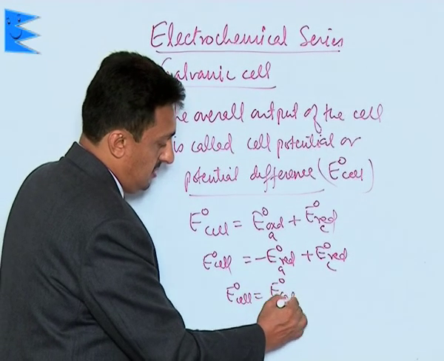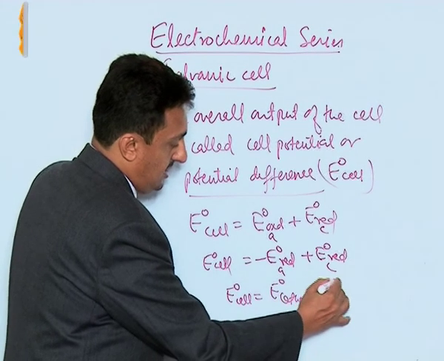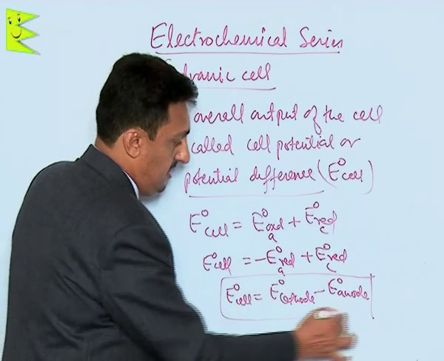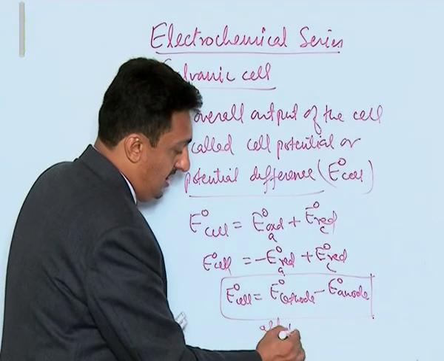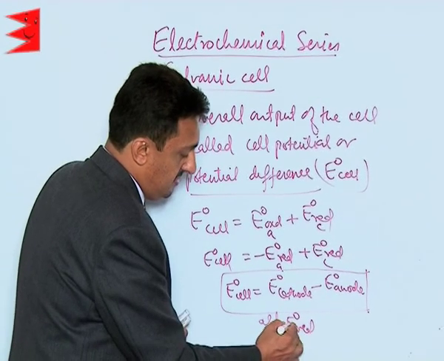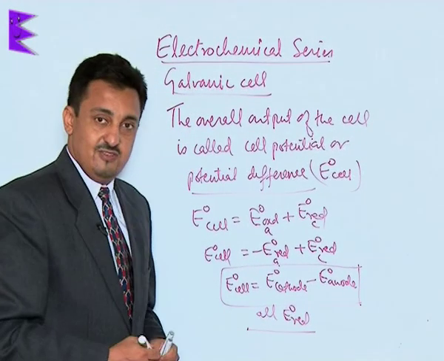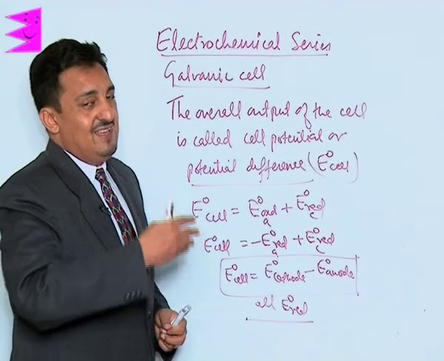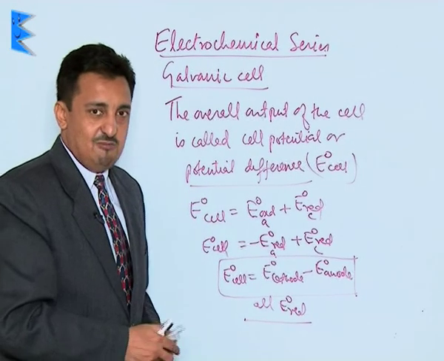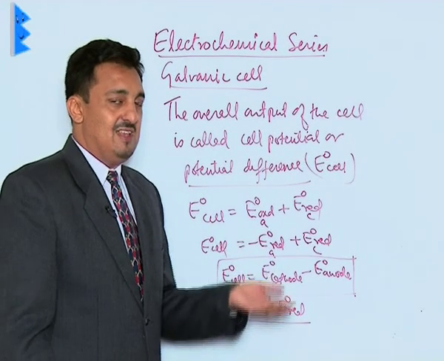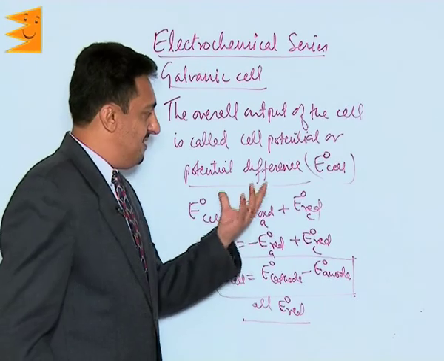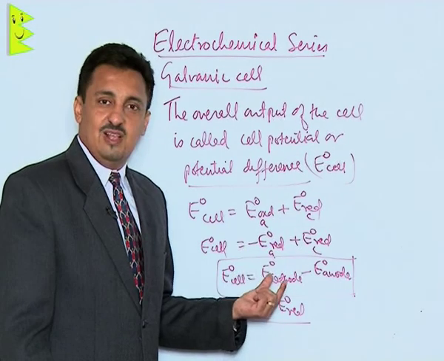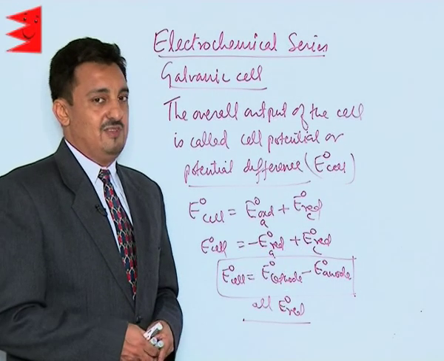So for this E0 cell, the new formula will become: cathode minus anode. Remember, all E0s will be your standard reduction potentials. So the formula is E cathode minus E anode, which we can also write as E right minus E left, because we always keep the anode on the left hand side and the cathode on the right hand side. This is a very simple way of writing this formula, and this is how we can add up the two half cell values